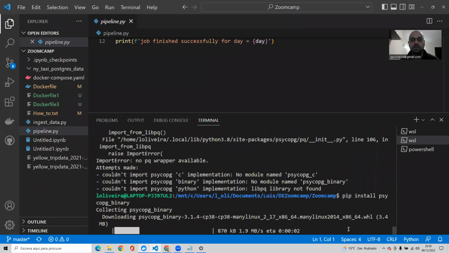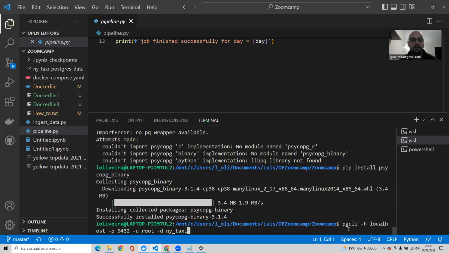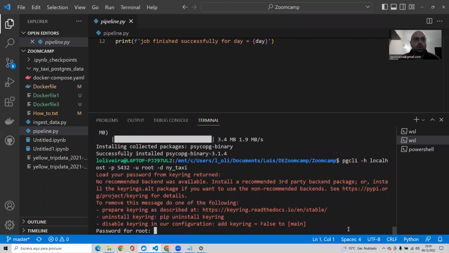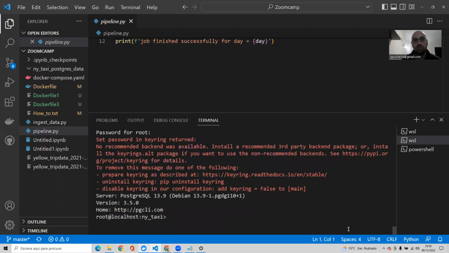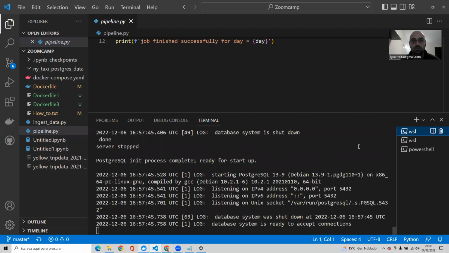Let's wait a little bit. Okay, and now let's try to run pgcli. Okay, we have here a small error. I don't think it's going to affect anything. And the password is root. Okay, we accept the database, and also you can see here that we started to accept